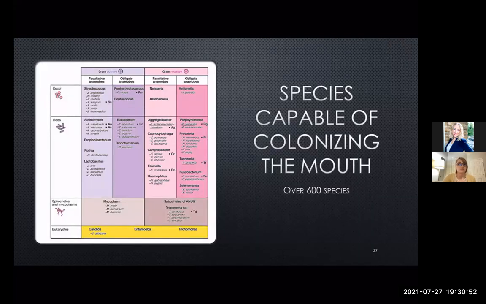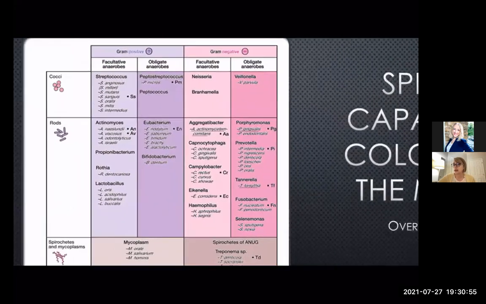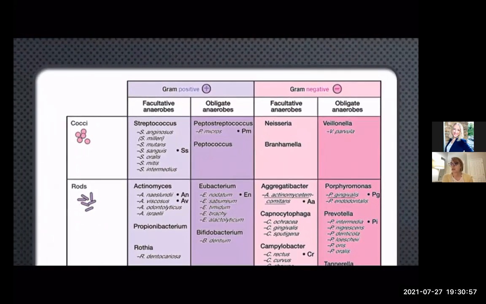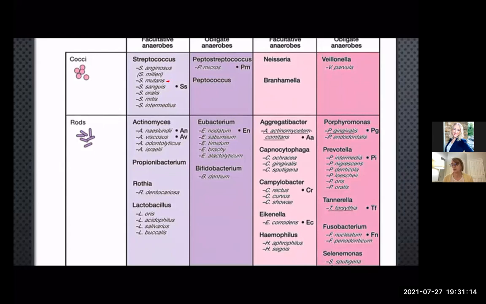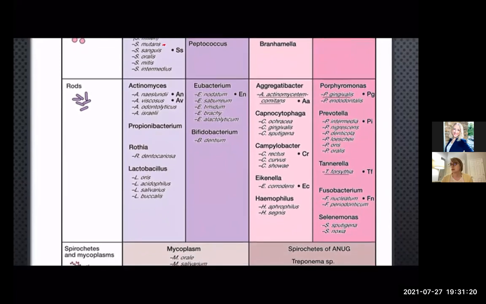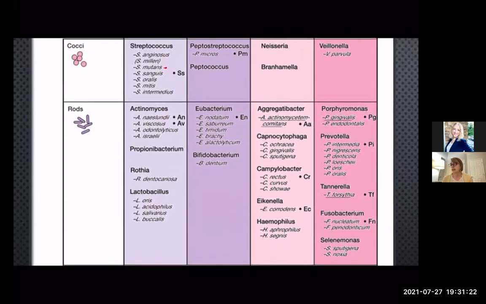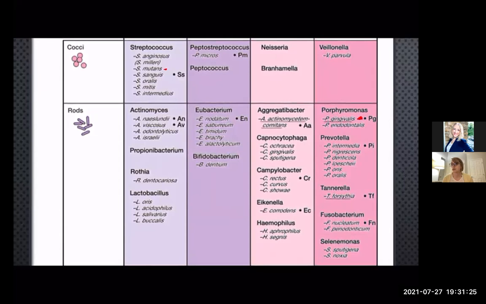So here are a couple different forms, and I'm going to go ahead and zoom in a little bit here. So here you'll see Strep mutans. Streptococci are always round. Cocci are round. And then as we move across, purple is not as bad, and then we get into pink and red, and those are bad. So you'll see the rods, gram-negative rods like P. gingivalis, those are involved in periodontitis. AA, that's involved in aggressive periodontitis, what used to be called aggressive.